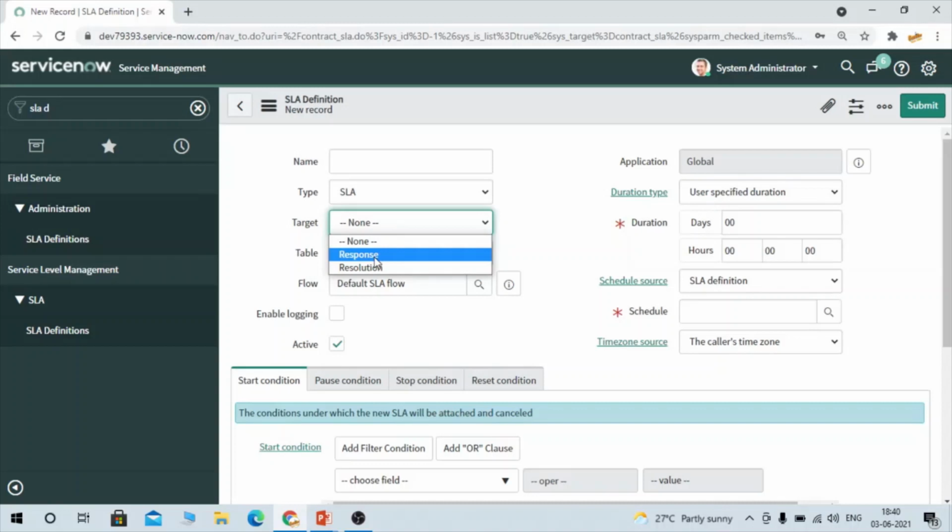So once you have responded back to that incident, that response actually will get completed. And resolution, like you have started working upon it and you have completed, you have achieved the requirement as part of the task. So for that kind of requirement, you can select resolution or SLA. Okay. So once you have completed the task, and you have closed that incident, the resolution SLA